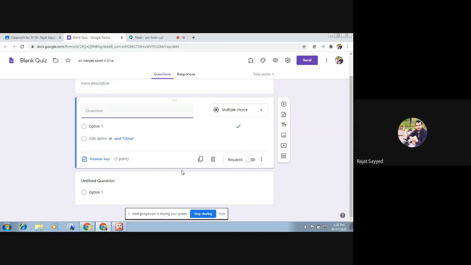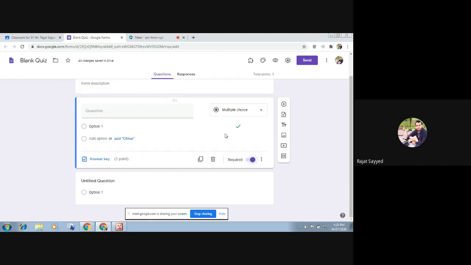Now one more setting in this box is the required button. When you click on this required button, this enables this question as a compulsory one. Until and unless the student attempts this question, he or she cannot move further. So this is the setting. So you can set here n number of questions and you can prepare your question paper.